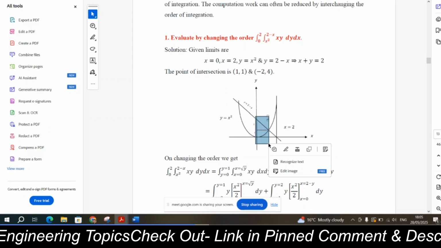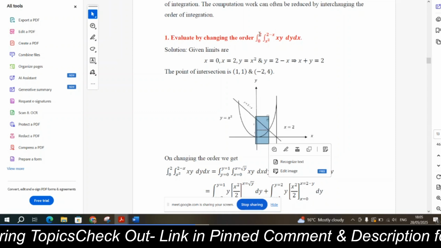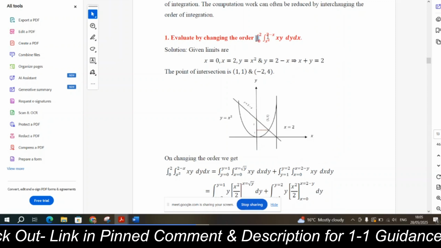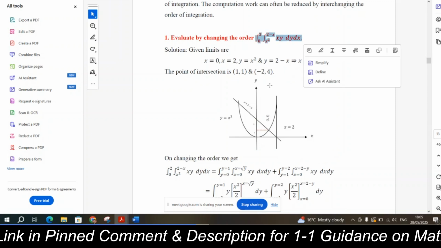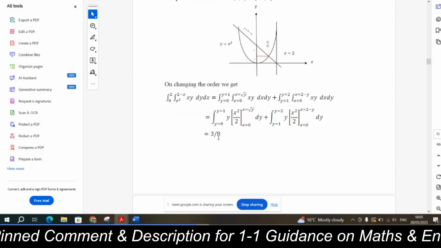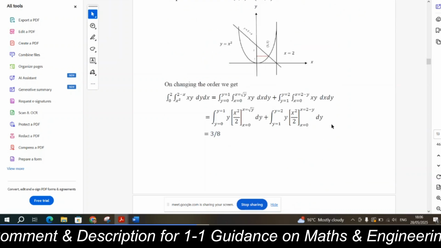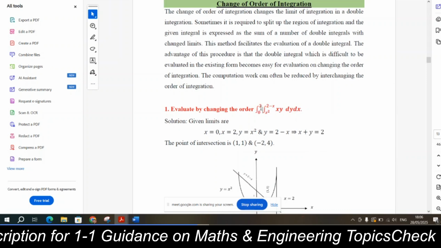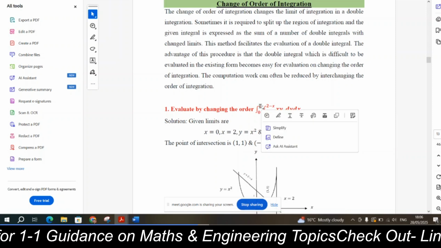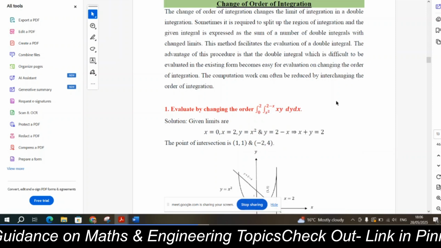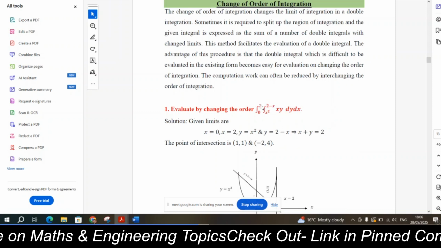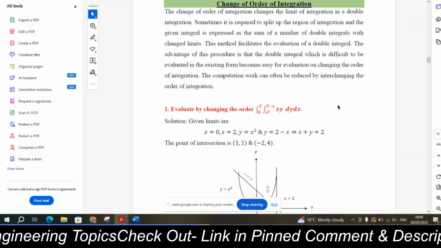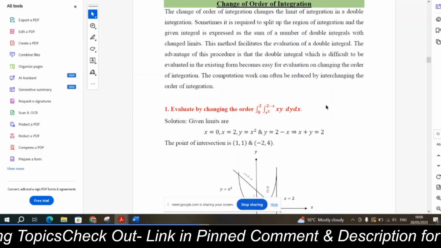Are you understanding? Yes, sir. That's why changing the order was very important, or else you can just simply do the same integration. Instead of 0 to 2, if you do 0 to 1, can you check what would be the answer? Please make a note of this. Same question, okay? You are already doing this particular aspect to check your answer, correct? Yes, sir. But I wanted to do the same question without changing the order. Without changing the order, just make this 0 to 1, 0 to 1, okay,